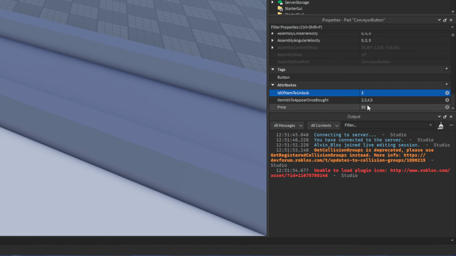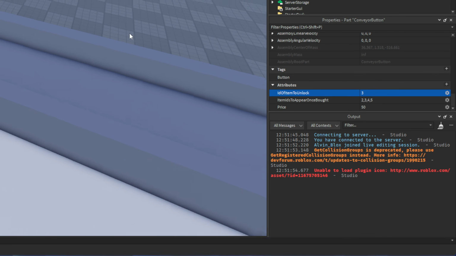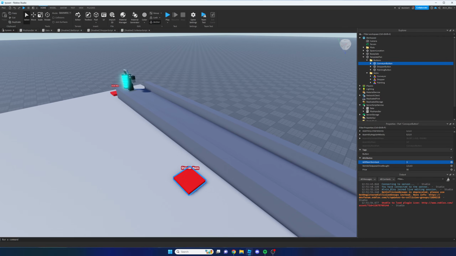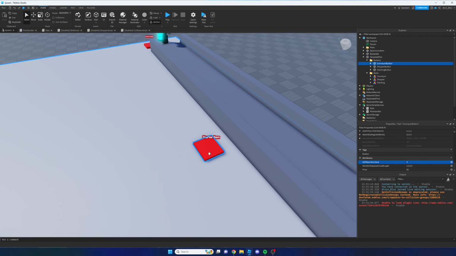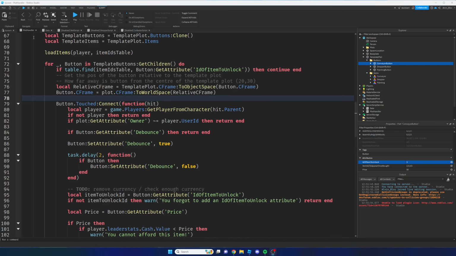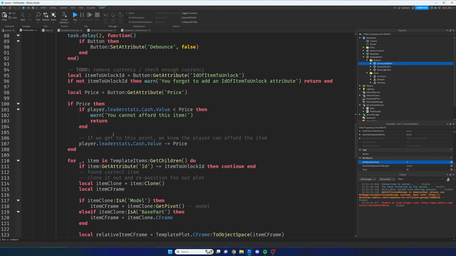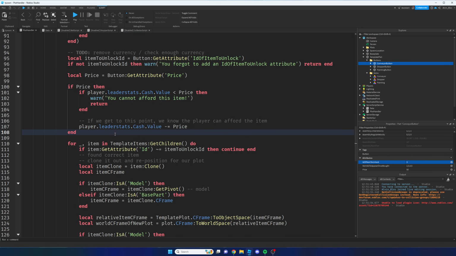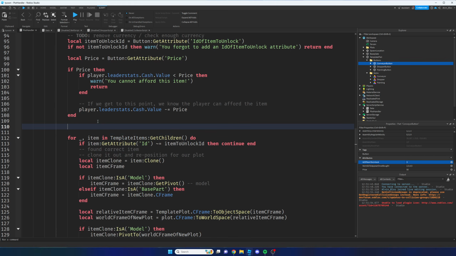And what we'll do is we'll write some code which will extract the numbers from this string, and we can make them all appear. So what we now want to do is we want to go to our code, and when this item is unlocked, we're going to want to individually make these buttons appear. So in the plot handler, around line 79, where we've got the button.touched, we want to scroll down past the point where we know that they can afford the item. And what we want to do is we then want to see if the button has an item IDs to appear once bought attribute. So we can say local item IDs to appear once bought